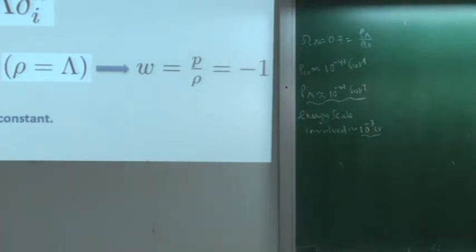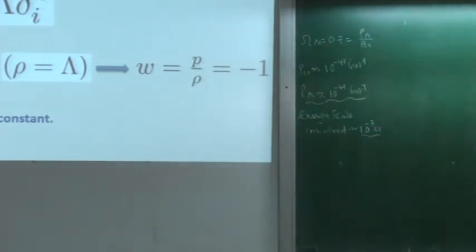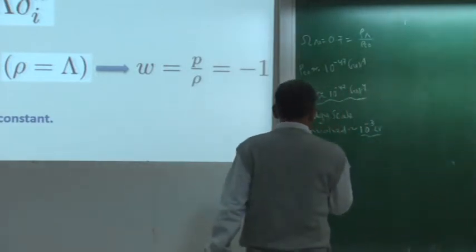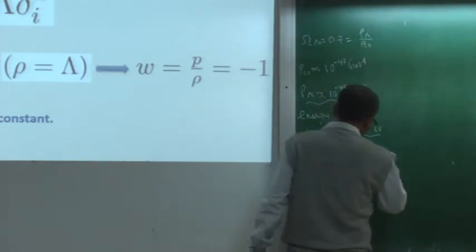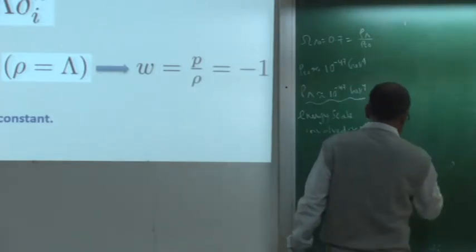Now what is the problem with this kind of energy scale or energy density? As I said, this kind of energy momentum tensor structure, as Zeldovich showed, can naturally be obtained from the ground state energy of any field theory. So let's calculate the ground state energy of a standard field theory. Right? So let's say I have a scalar field. Just a non-general-relativity calculation, a standard special relativity calculation.